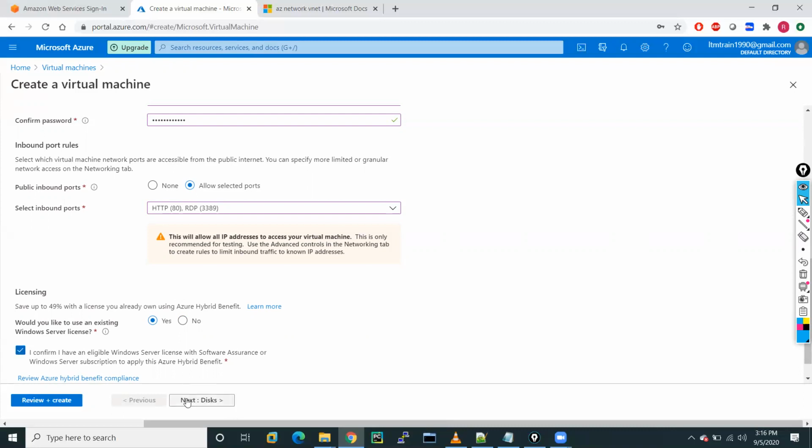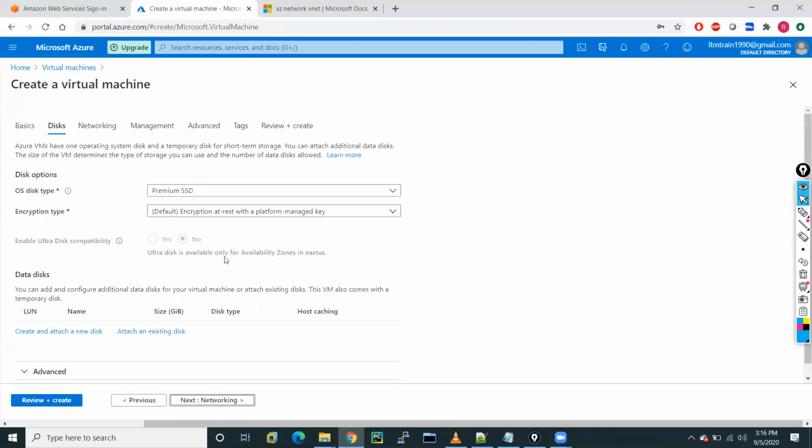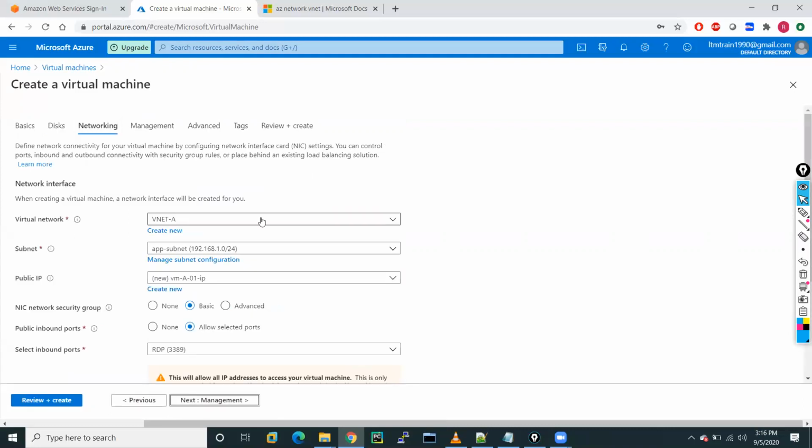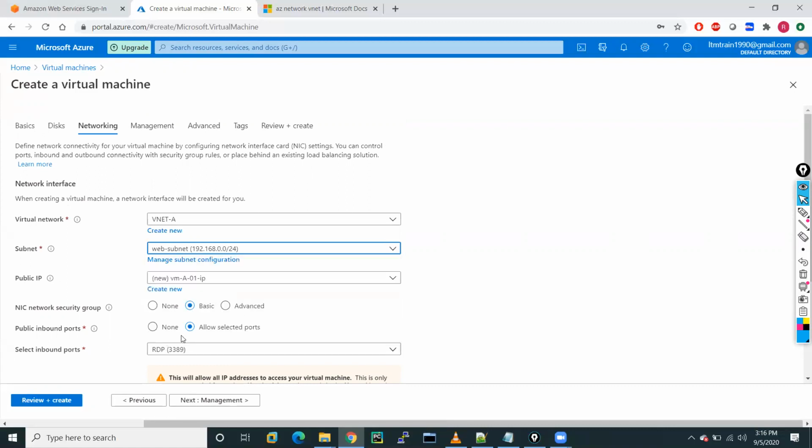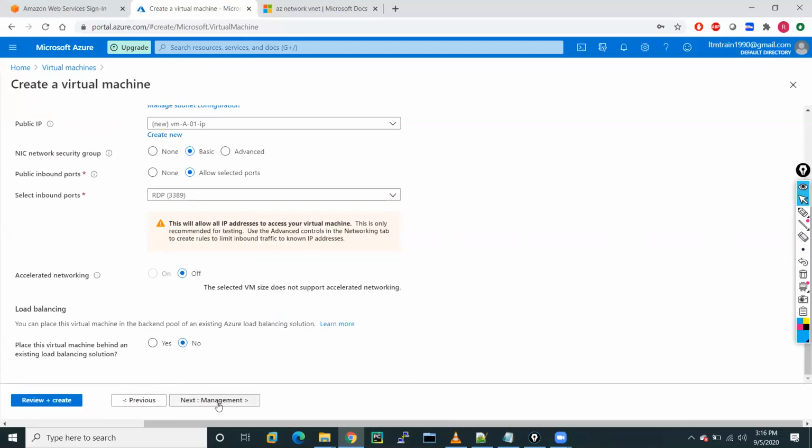Confirm, click on next. Here you will get the option for disk. I will go with the default. Next, in networking, I will select the virtual network, which is VNet A, and the subnet is web server. Now you can go into next.